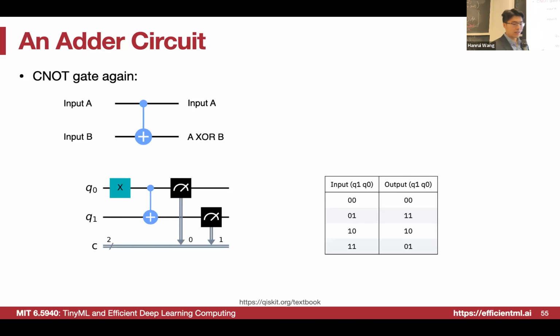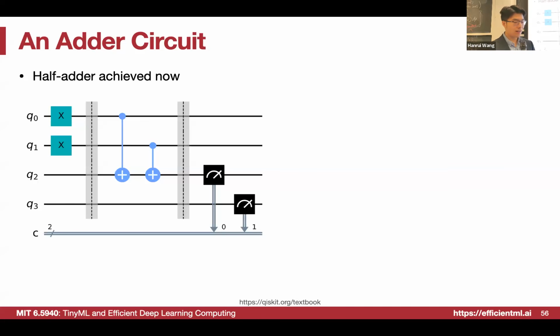So in that case, we can already achieve a half adder using the CNOT gate. We firstly do the inverse of the Q0, and then if this is 0, we do a NOT here to come to 1, and that will do a flip of the first result here. And then for the second bit here, we also do a flip, and then flip this qubit 2 here, right? So that will construct a half adder right now, but we don't have the carry bit.